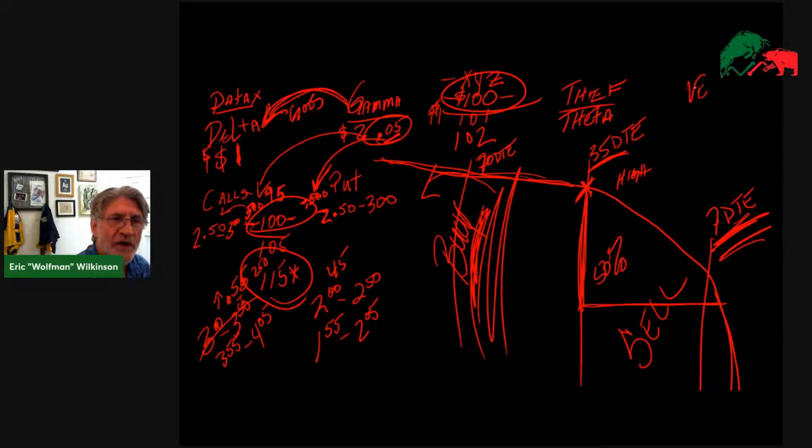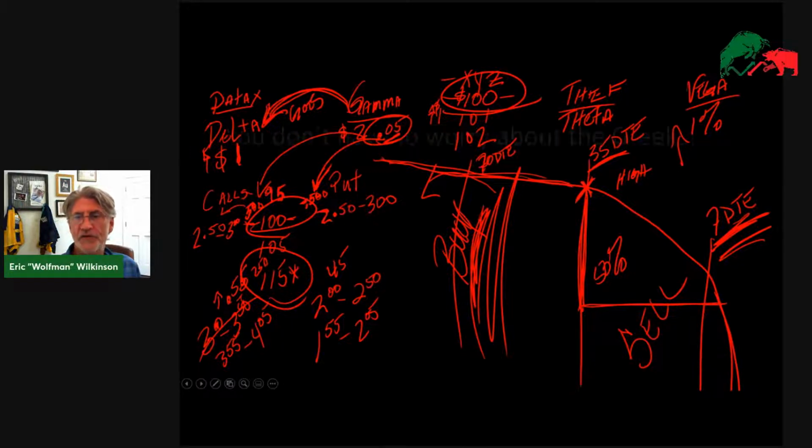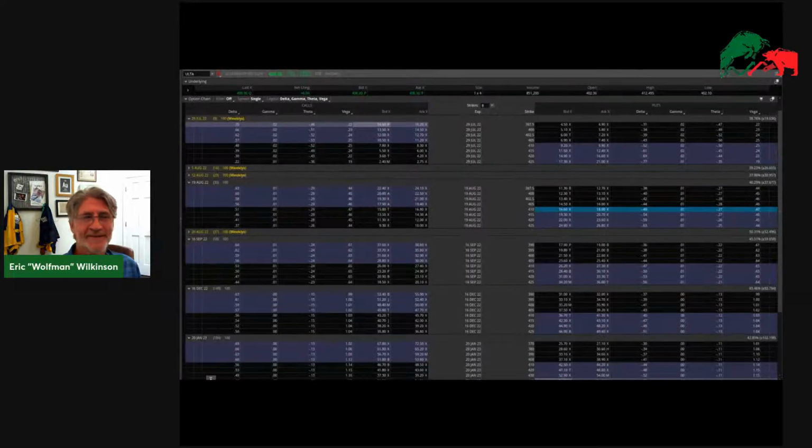And then, of course, we talked about Vega, and Vega is based on that 1 percentage point move, right? Vega is always positive. Volatility increases, all options increase. Volatility goes down, all of the options are going to drop in price, all right? So now, folks, you guys shouldn't have to worry about the Greeks, right? Let's get on to a real life example just to